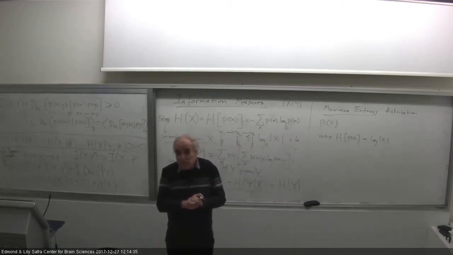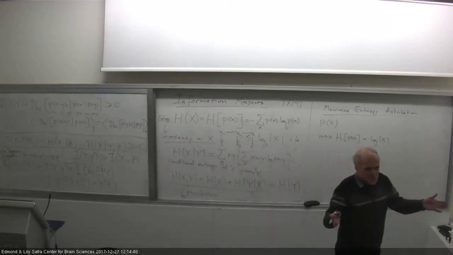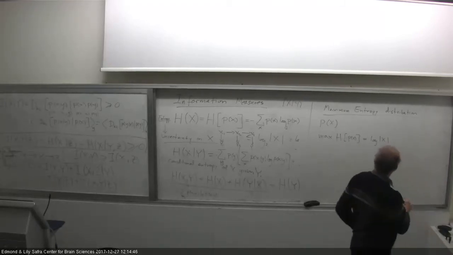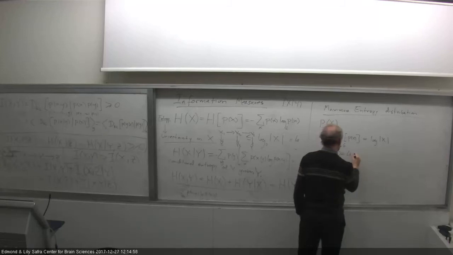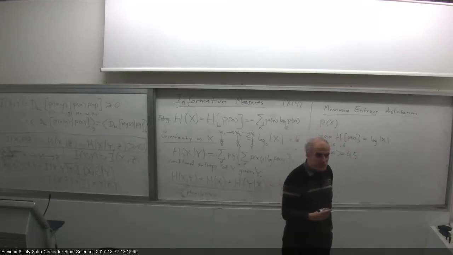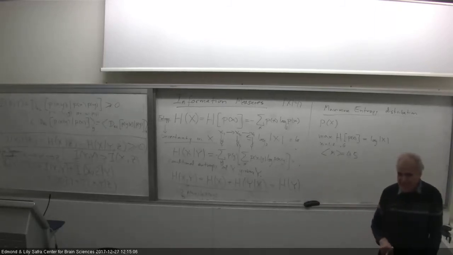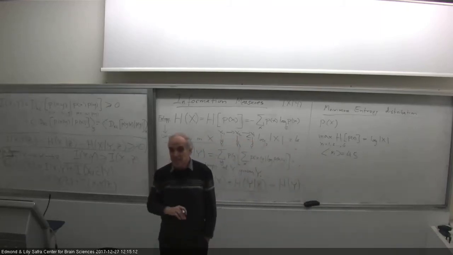You don't know anything. But now let's say I'm telling you, look, this particular die, I actually threw it 1,000 times before the experiment, and x_i in this case is 1 up to 6, and the average of x_i was 4.5. I'm giving you this information. My student did an experiment. They didn't tell me the details. I don't know exactly how many times each face came up, but I am telling you that the average was 4.5.